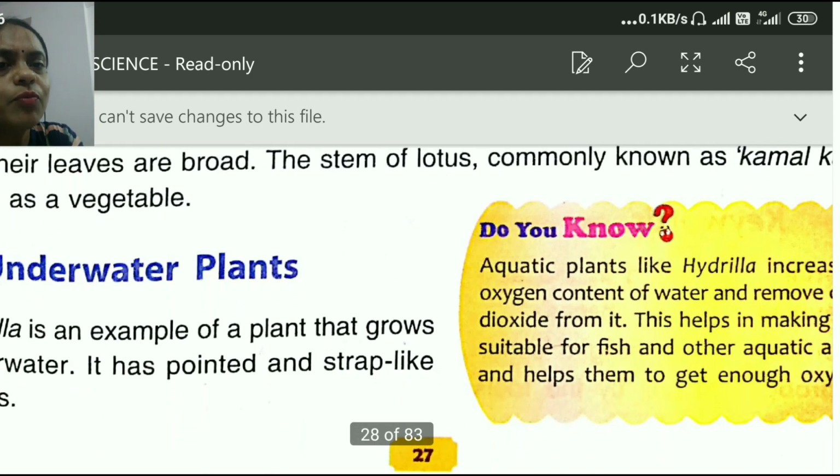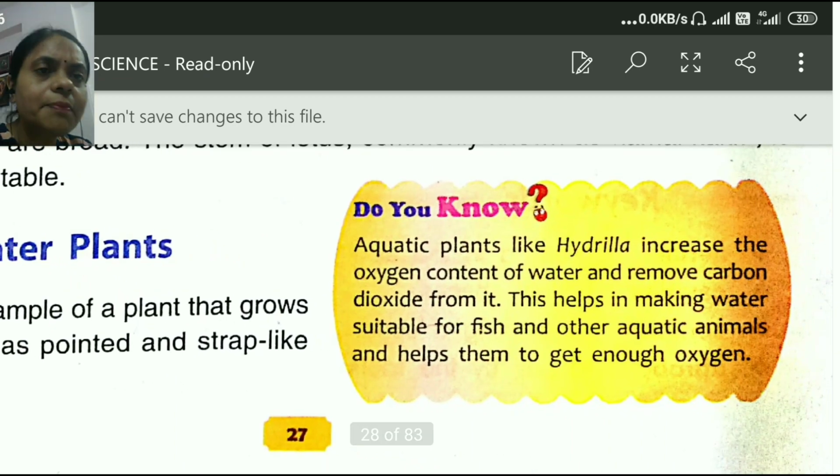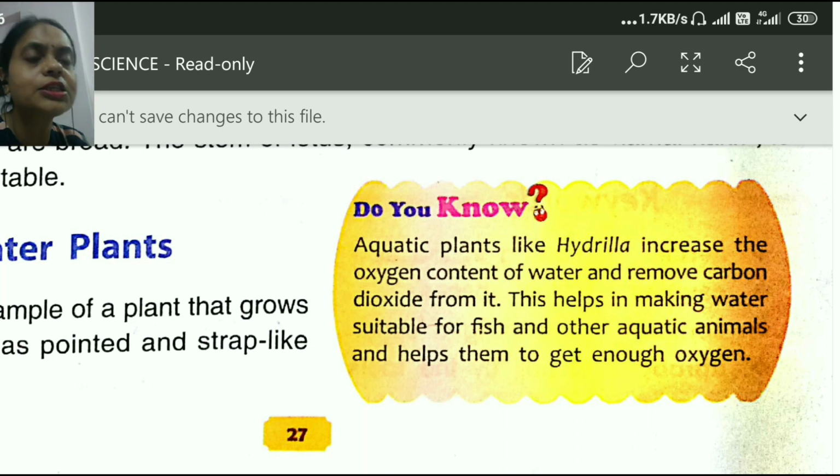Now one more special plant about which we are going to know is called hydrilla, and hydrilla is a kind of plant which grows underwater. That is why this is called an underwater plant. Hydrilla has a special quality that it increases the oxygen content in the water and removes the carbon dioxide from it. Children, how important oxygen is for living organisms.